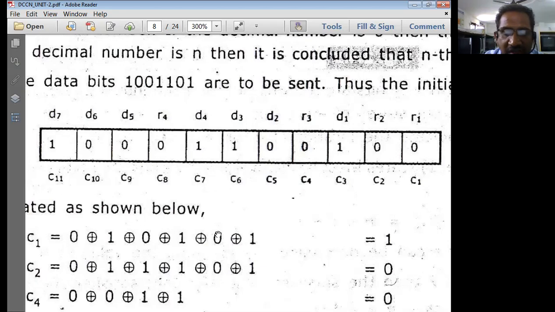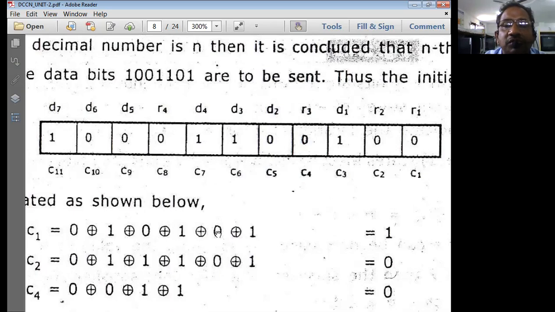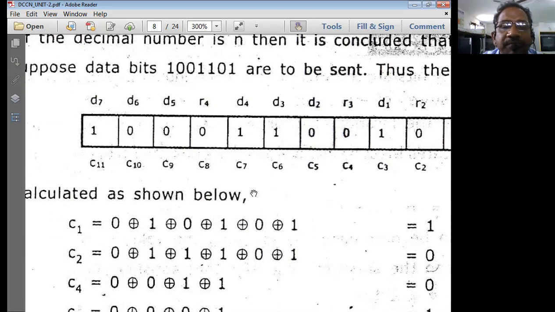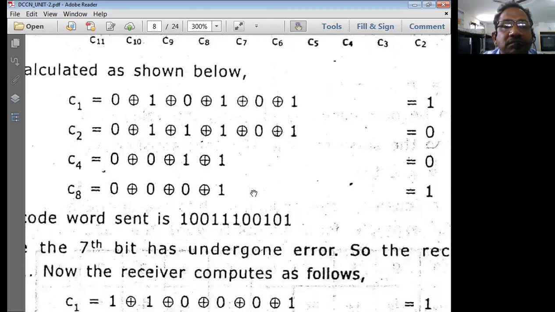After I write all these things, the receiver has arranged everything and represented all these weights in terms of C1, C2, C3, C4. It has written the bit patterns. Then it is going to calculate its own even parity redundant bits. There are 4 redundant bits that the receiver is going to calculate at the receiver side. So C1 is equal to the value at C1, C3, C5, C7. Whatever formula we have used just now, the same thing is being repeated here.